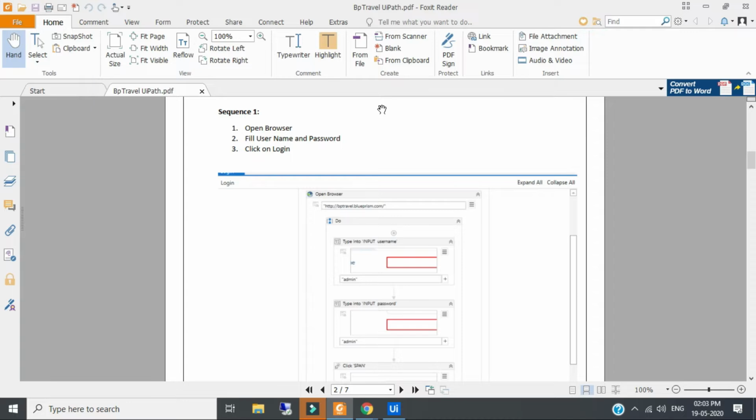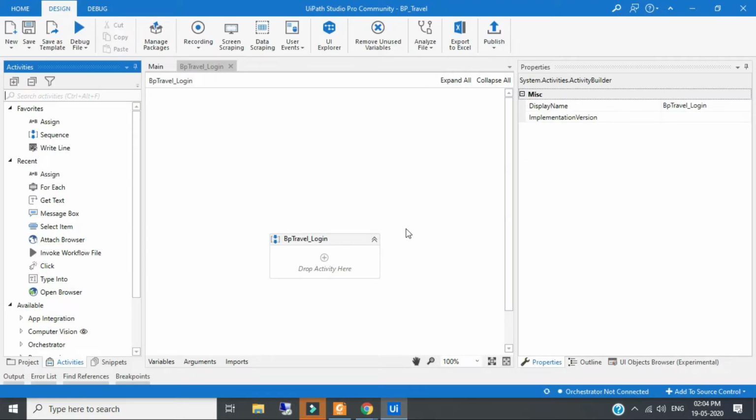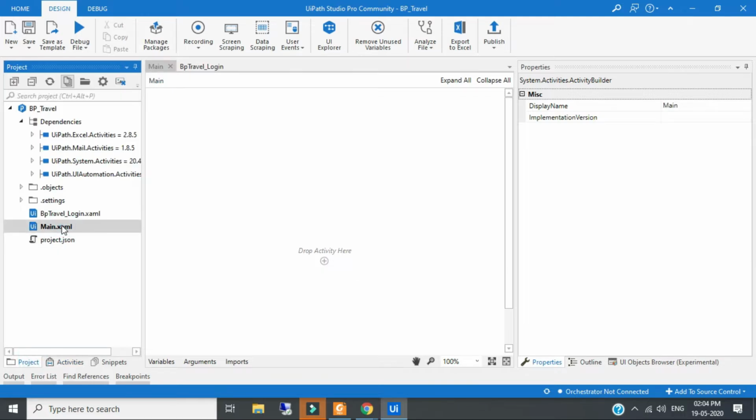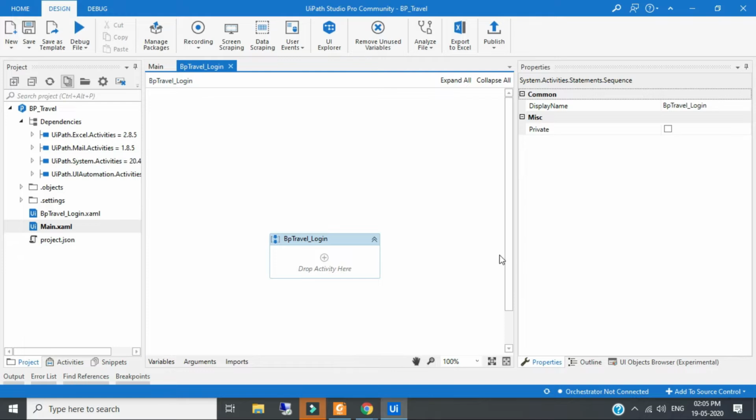Okay, so let me show you how it works in UiPath. So this is my UiPath. As you see, at the topmost side is the ribbon panel. Whichever project I am working on, this is the activity panel, where we can drag and drop the activities. There are more than 520 activities available. Here is my project, here is the main file, here are the snippets, and this is my design panel. If you see the right side, this is the properties panel. At the bottom we will see the output.